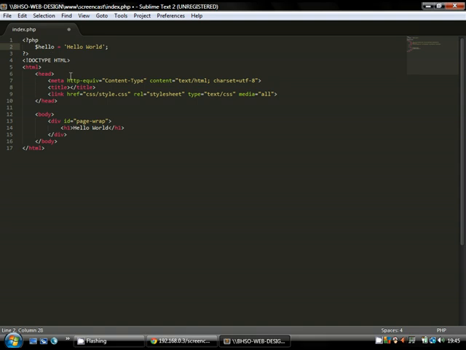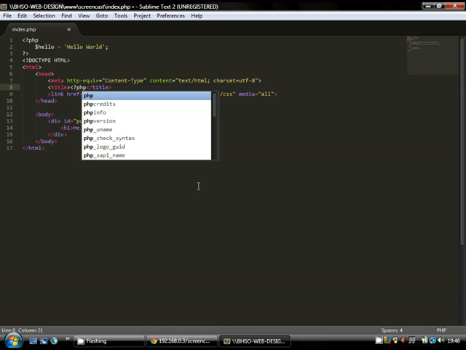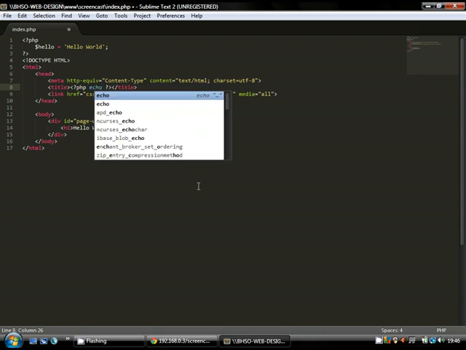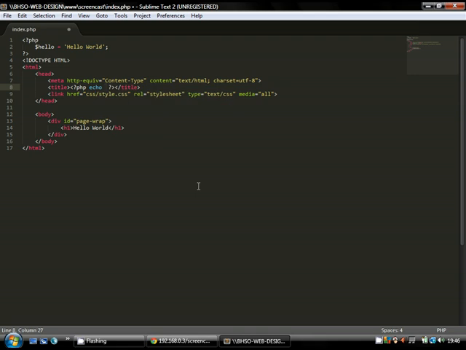Well, now, where do we want to display it? In this case, let's display it in the title, and we'll also display it on the page. So the way we do this is we go into the title tags. We'll open up a new PHP tag, and then close it again. And in between that, we'll use a function called echo, and then put in string hello, a semicolon. So now what we're telling PHP to do is memorize hello world under the name of hello, and